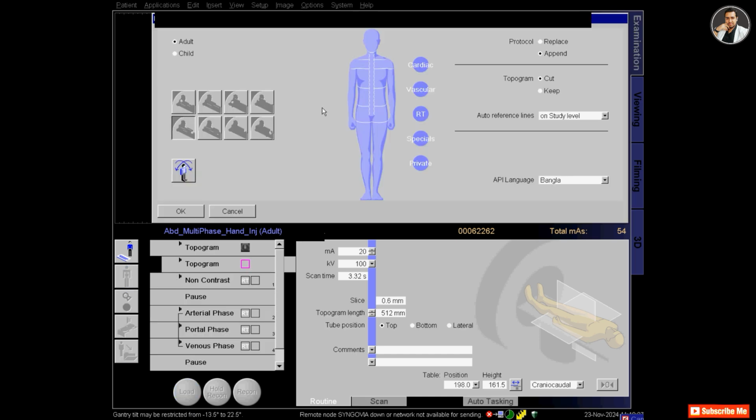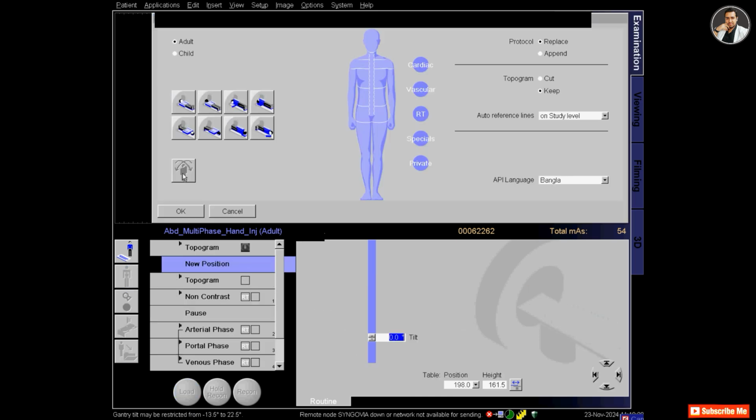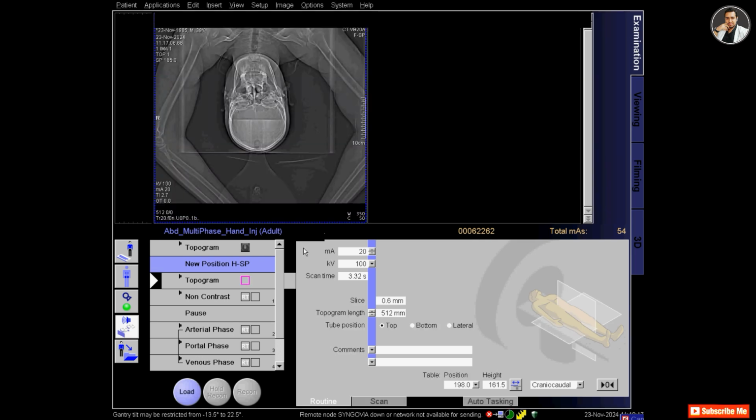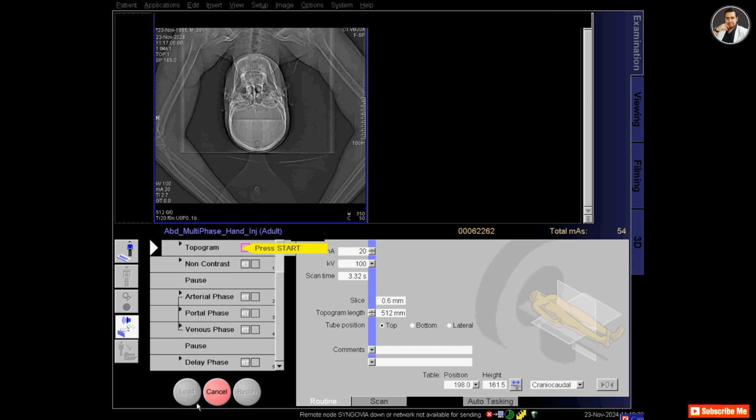Now I select from the patient positioning head first supine, and it will be correct, and then press OK. I am taking the topogram again because I didn't select the correct patient positioning, so I got an upside down topogram.